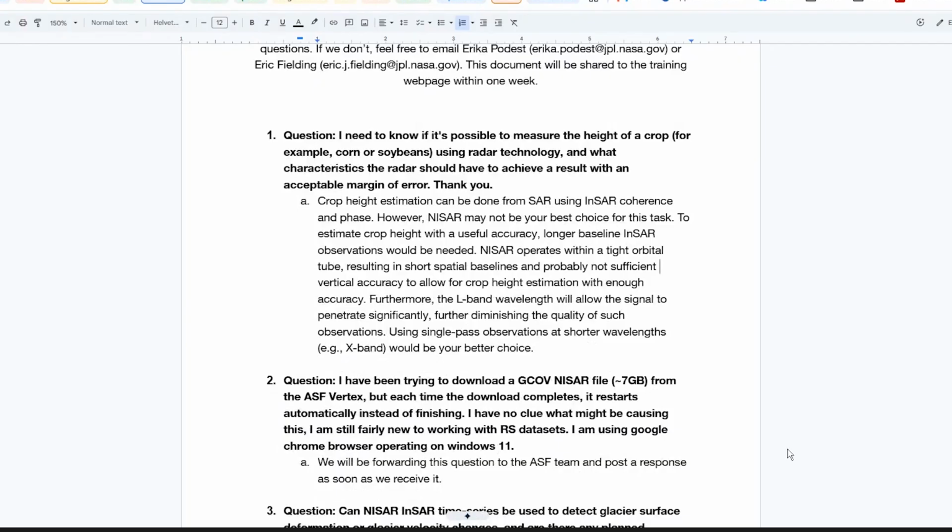NISAR InSAR is not particularly sensitive to crop height because it's L-band, and especially for relatively small crops like corn or soybeans, the radar is going to be going through and mostly bouncing off the ground. If you want to measure crop height, you probably want to use radar with a shorter radar wavelength, like X-band, where the crop height would have a bigger effect on the